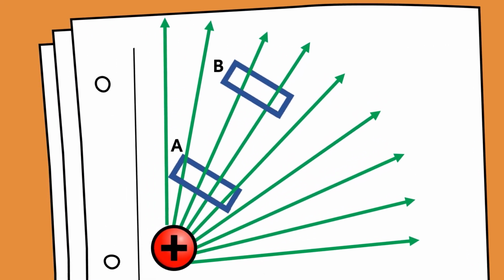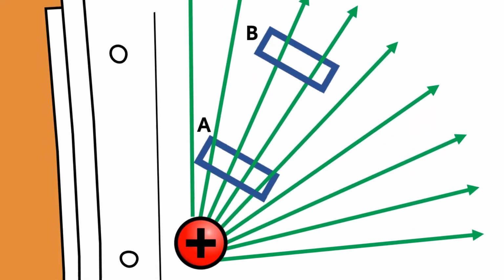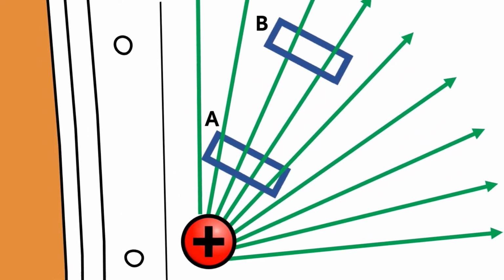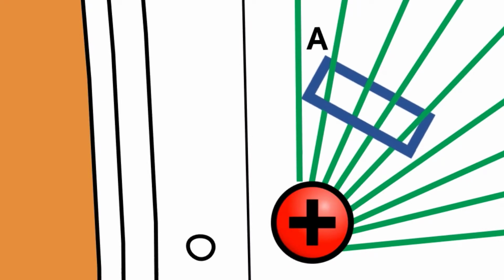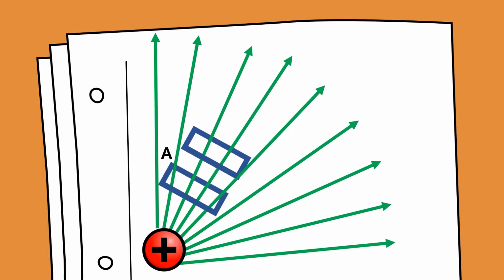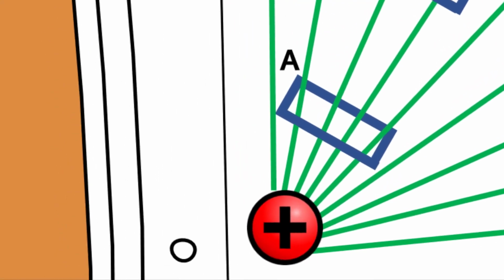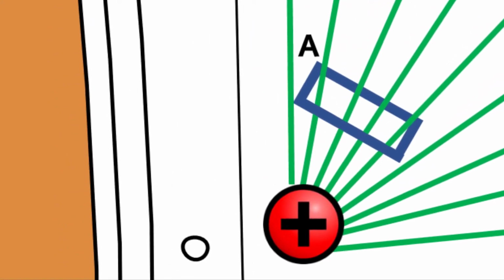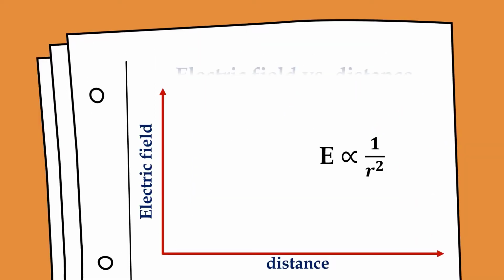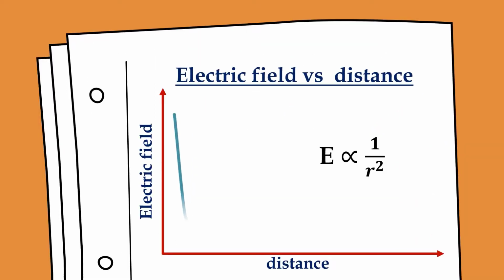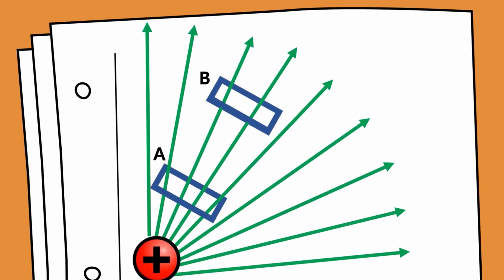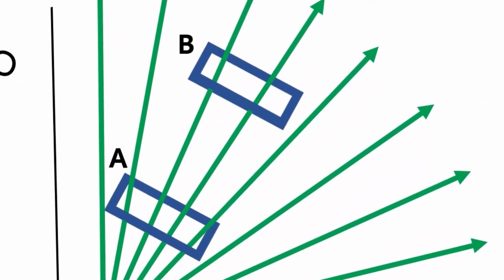Here is a positive charge. We can imagine two equivalent small elements of area at the points A and B, which are normal to the field lines. 4 lines are passing through the area element placed at A. Only 2 lines are passing through the area element placed at B. The number of field lines cutting the area elements is proportional to the magnitude of the field at these points. Since there are more field lines at A, the electric field at A is stronger than the electric field at B. The electric field decreases as the square of the distance from a point charge, but the number of field lines crossing a given area remains constant.